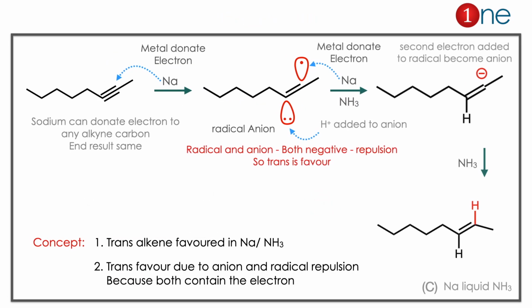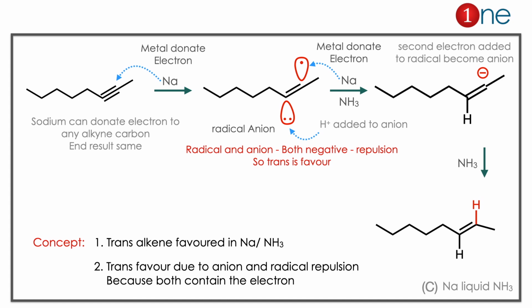The starting material you have is an alkyne, and it is converted into a trans alkene. It is conducted through sodium and liquid ammonia, which is answer C. Let us see why it is happening. If you know the mechanism, it will be easy. In the first step, you are using sodium. Sodium is the electropositive one, and it donates an electron. So the sodium donates the electron to the alkyne.